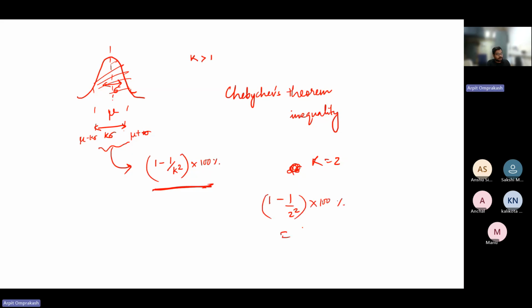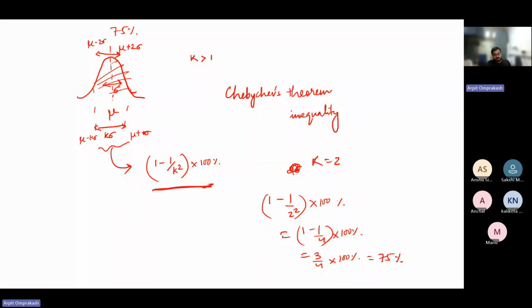It's 1 minus 1/4, which is 3/4, which is 75%. So within two standard deviations, mu minus 2 sigma to mu plus 2 sigma,